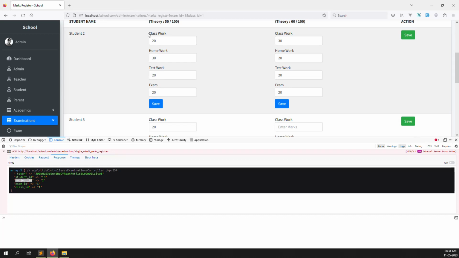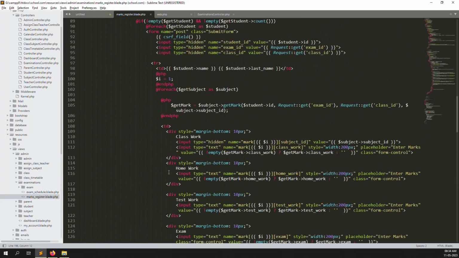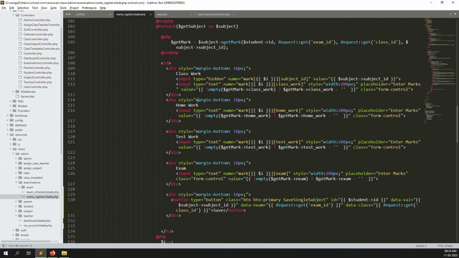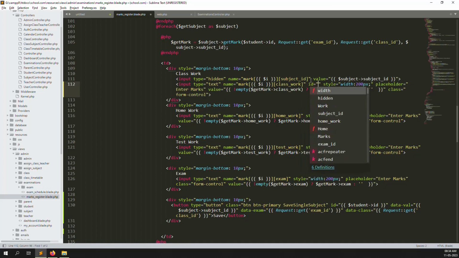Now we need to get the classwork mark, homework mark, test work mark, and exam work mark. The single save is working very well, so we need to pass the other parameters. Just go back again, and we need to provide every input one ID. So here is the ID I can provide, like classwork